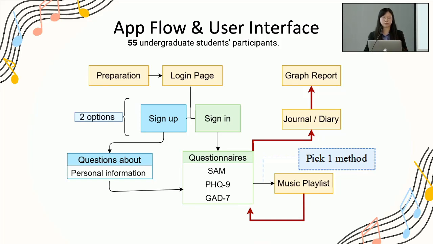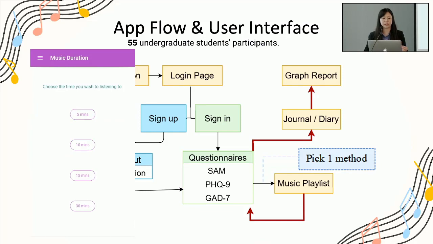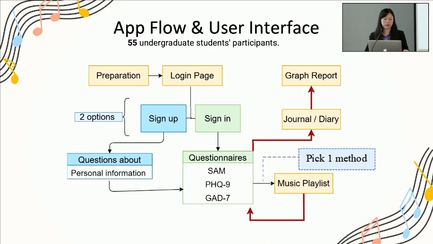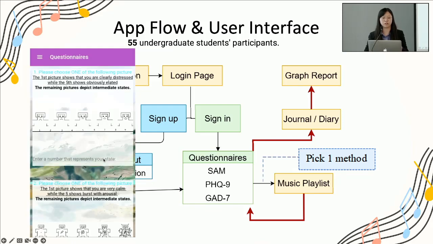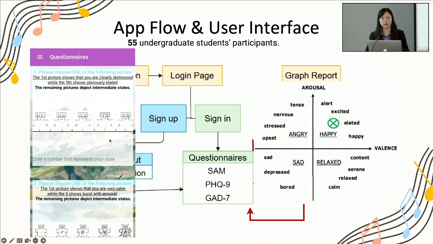and anxiety level. And afterward, here is a duration that they need to choose, whether they want the length to be longer or not. But for our test, we only let the students choose 15 minutes, just to keep it consistent. And also the playlist will follow one of our proposed methods or the baseline method. Afterward, they need to press this press me button to start the treatment. Afterward, we will record the SAM value again just for mapping the post-test result.